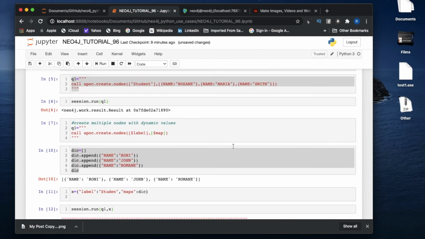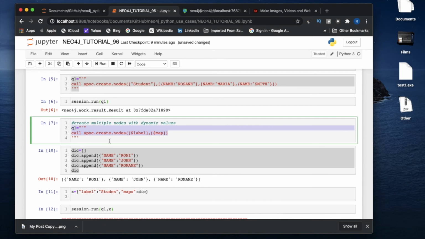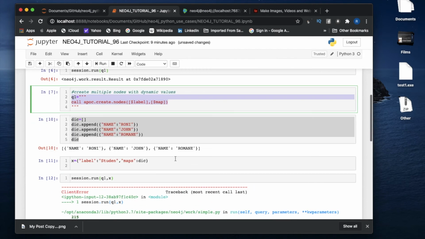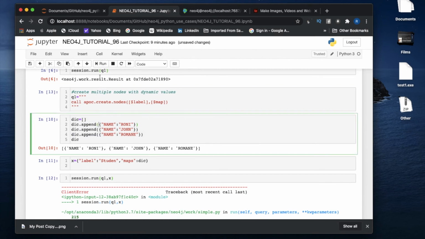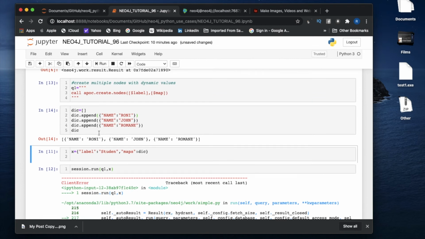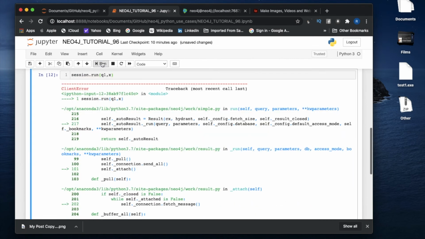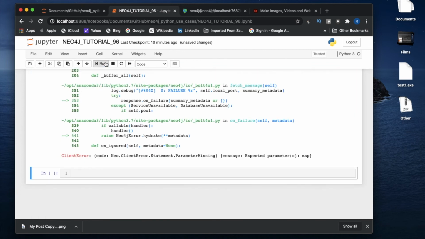Okay, name 1, name 2, name 3. I don't know what the error is. Okay, the thing is that after I changed this, I didn't run it, so that is why it is still taking the old variable name 1, name 2, name 3. So what I actually put this in to make you guys understand is that I have to execute this, and again after that I have to execute this, and after that I have to execute this, and last I have to execute this.